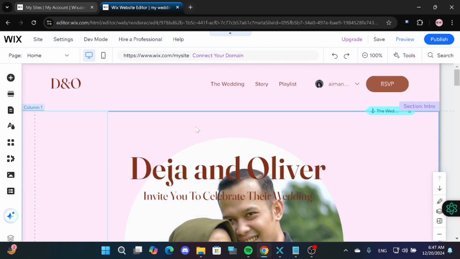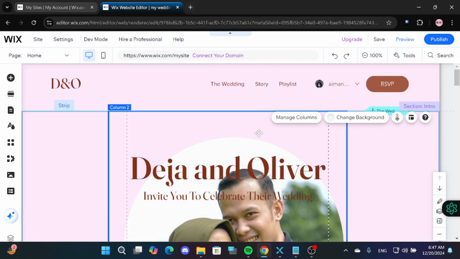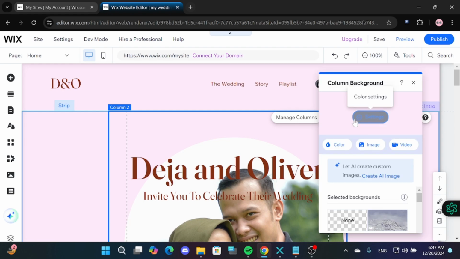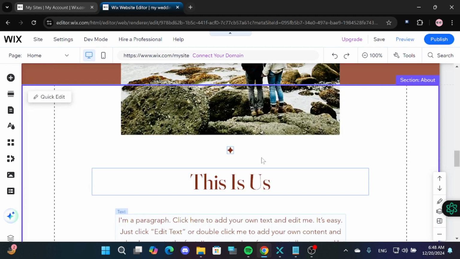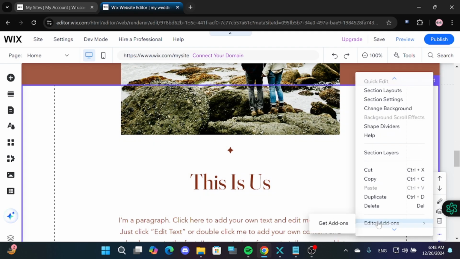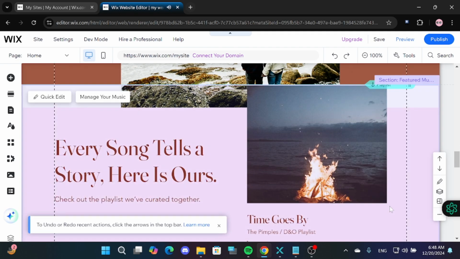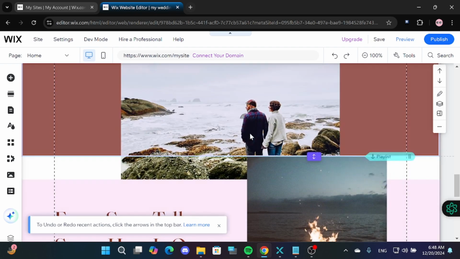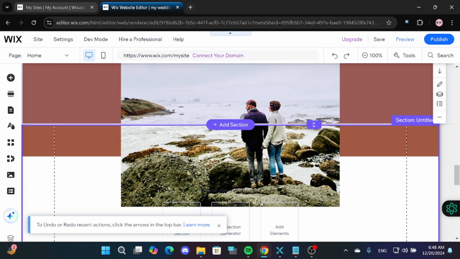To change the background color or image, click on the background and select Change Background. Choose a solid color, gradient, or image that fits your wedding theme. If you want to remove any unnecessary sections, click on the section and from the side menu, click on More Options and choose Delete. You can also add new sections by clicking Add Section and selecting a layout from the